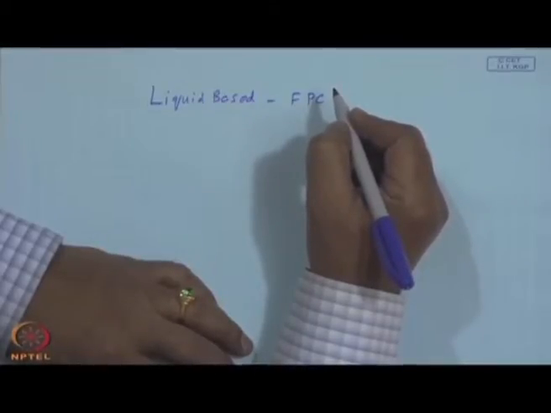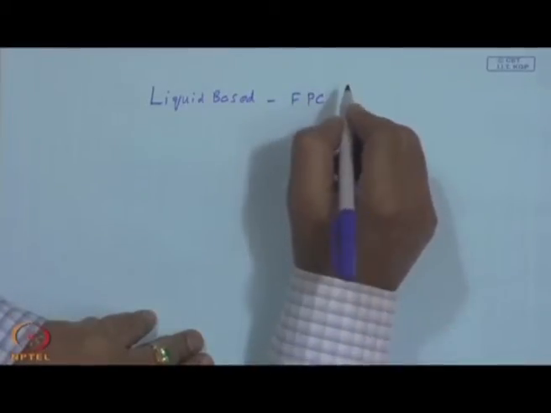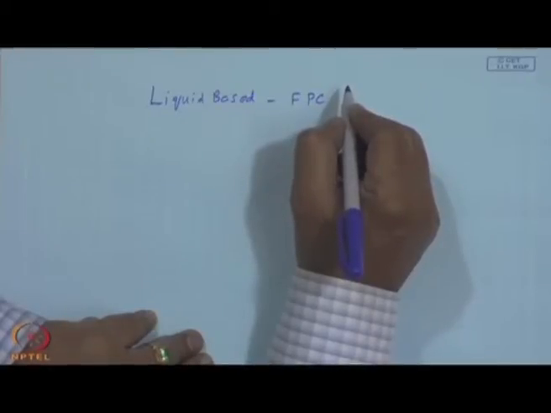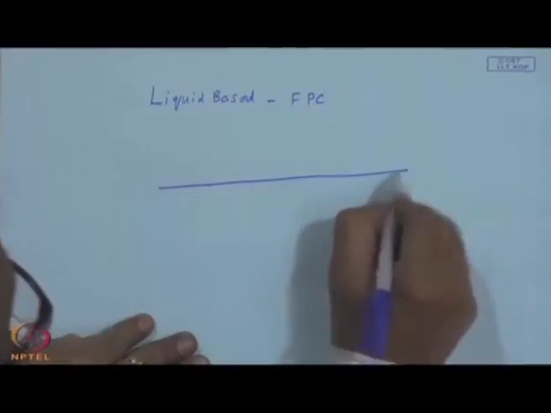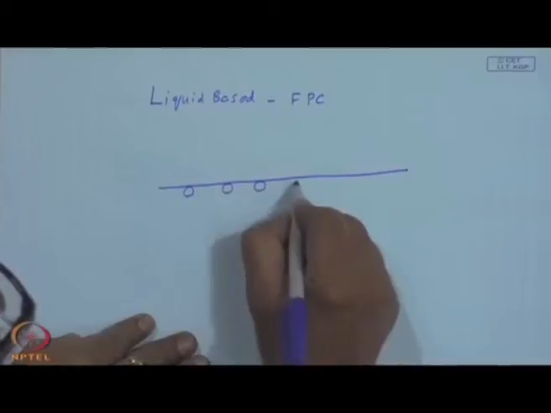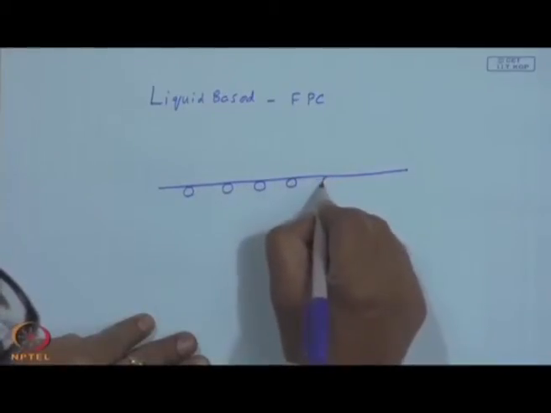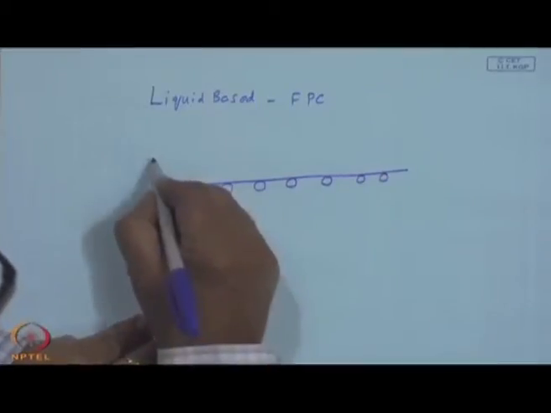We already have gone through the basic collector configuration, the idea being to make the absorption process of solar radiation efficient, with less emission and less convective heat loss, which typically has an absorber plate with tubes as shown here. They can be soldered or welded to the bottom of the absorbing plate,